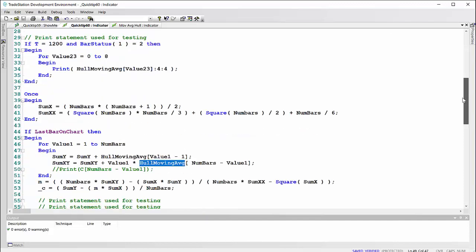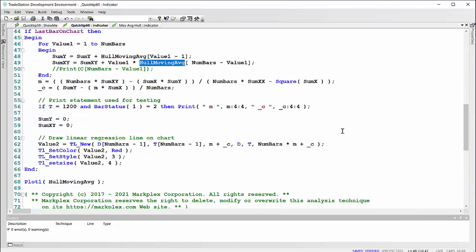And I also printed what this program calculated for the M value and the C, y-intercept value. So I printed those values and I got